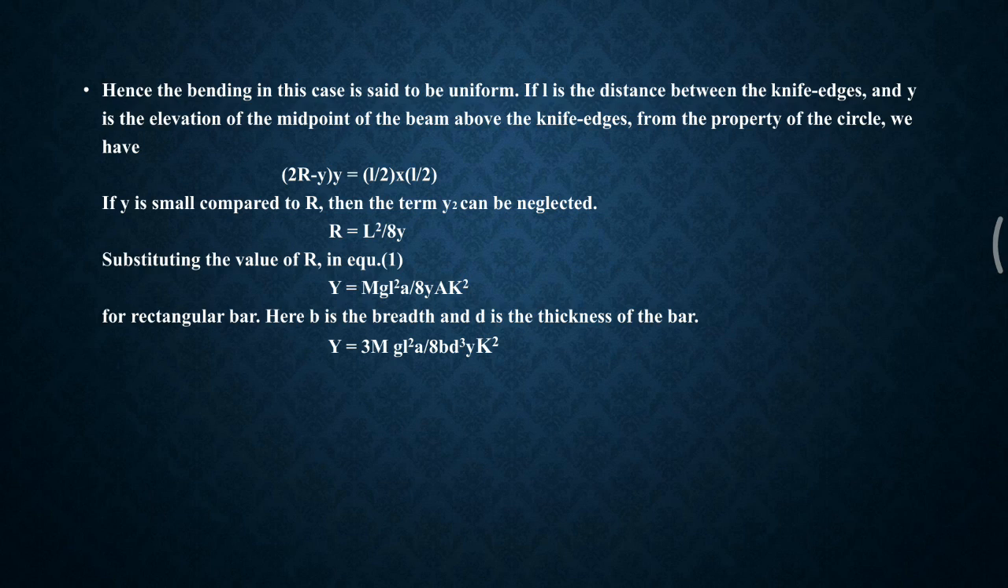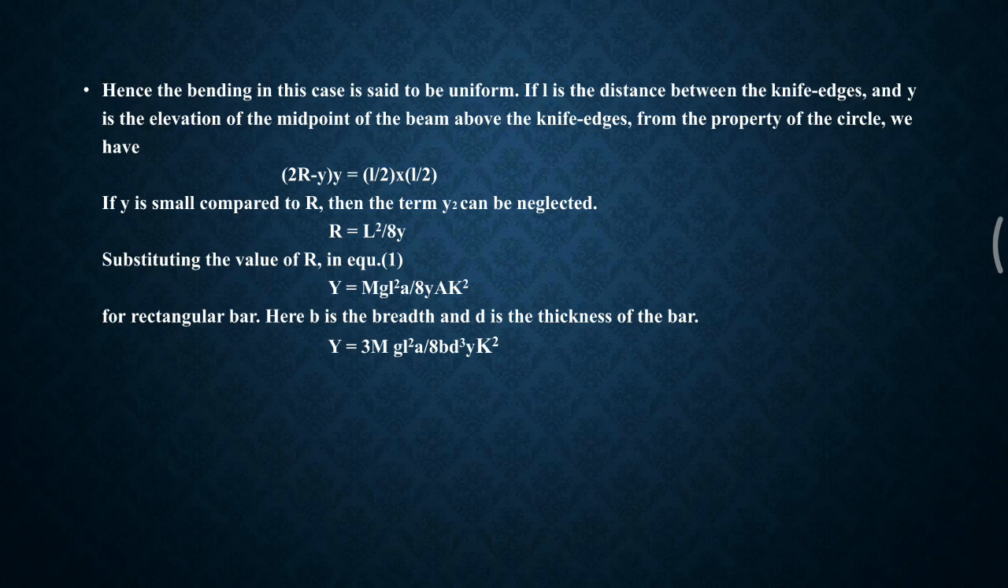Then substituting this value of R in the equation of Young's modulus. That means if we refresh ourselves, the expression for Young's modulus Y is equal to mga by Ak square into R. However, this value of R is just now found to be equal to L square by 8y. If you substitute back this value of R in the expression of Young's modulus, we get Y is equal to mgaL square by